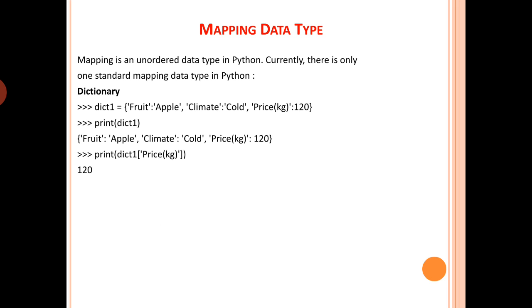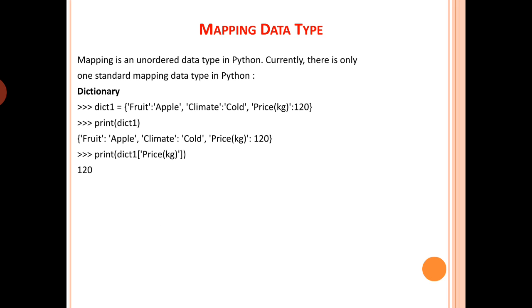A dictionary in Python holds data items in key-value pairs, and the items are enclosed in curly brackets. Dictionaries permit faster access to data. Every key is separated from its value using a colon sign. The key-value pairs of a dictionary can be accessed using the key. Keys are usually of string type and their values can be of any data type. In order to access any value in the dictionary, we have to specify its key in square brackets.